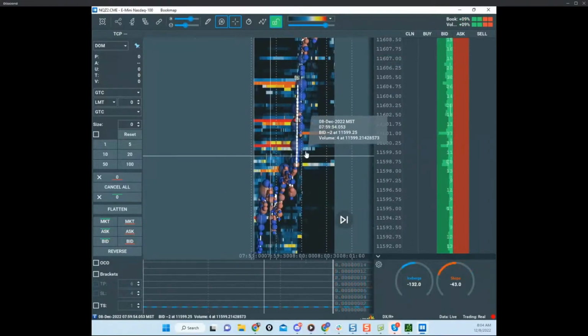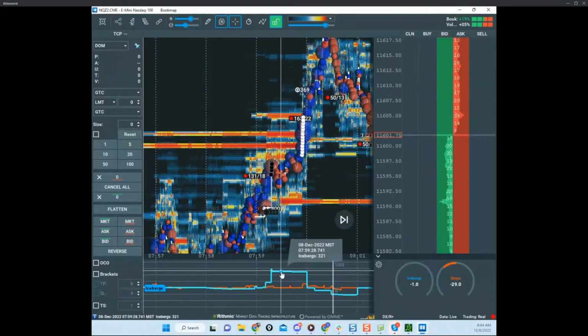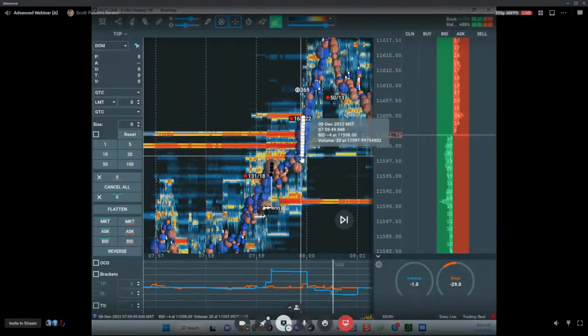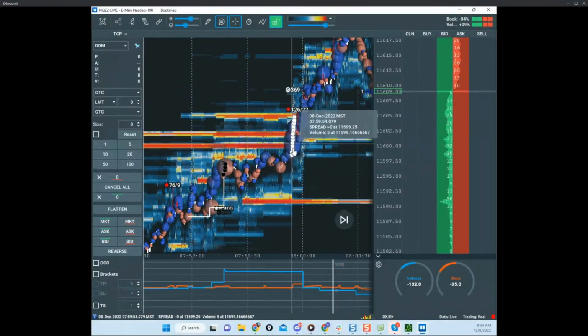But you can see here, this is actually the first setup of the morning in any of these equity products. You can see these 366 buy icebergs right here. And you had some swipes. So this is a good example of